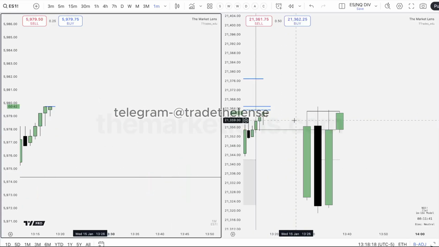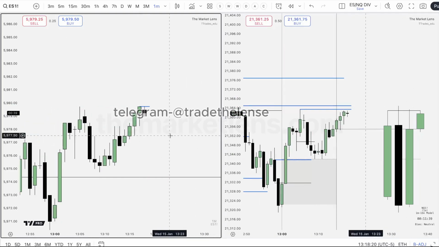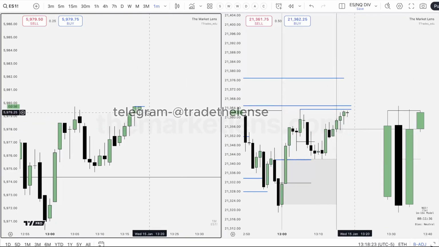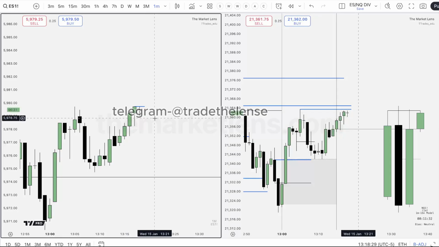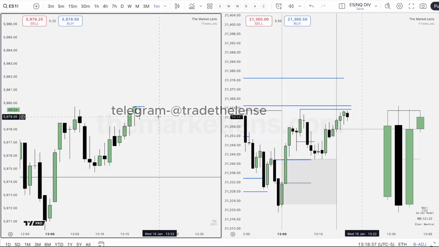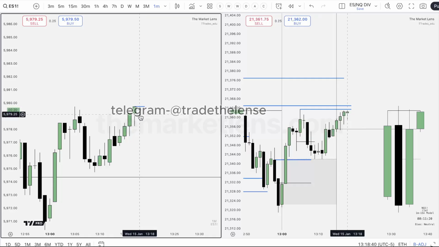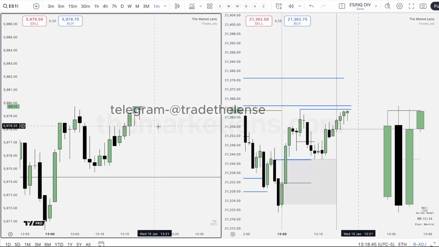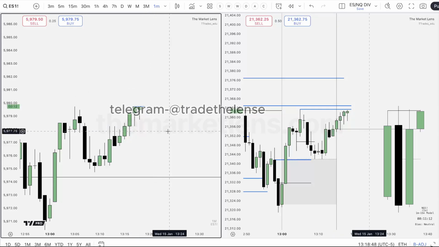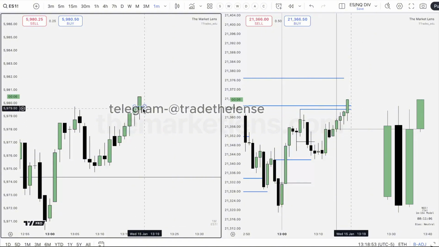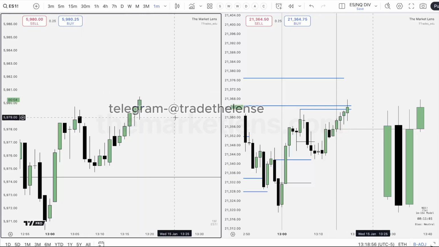Very interesting. Let's see. Not really like that, but if you watch it, I don't know if you guys have ever seen it, but it'll try to push and it just keeps getting stopped. Maybe it's doing that here. And then eventually it just spikes. There you go. See how it stalled there for a second and then it spikes over the high?